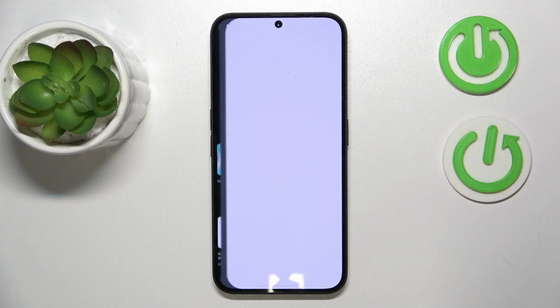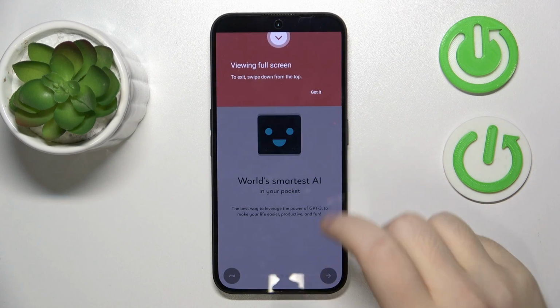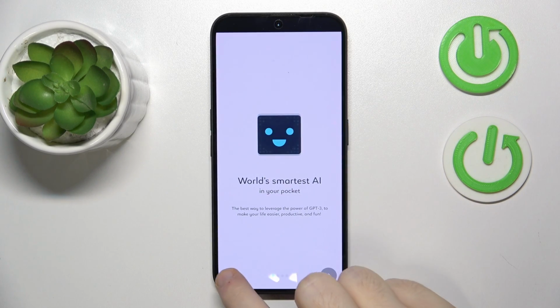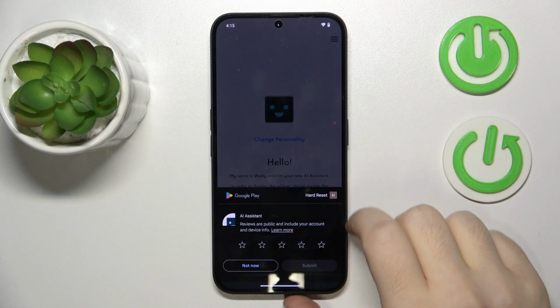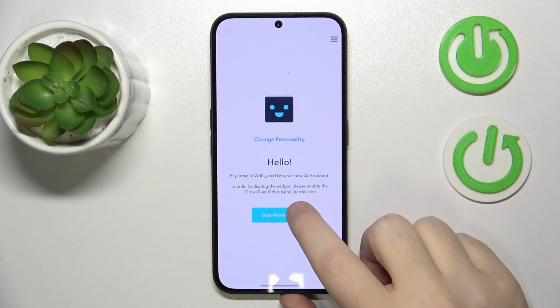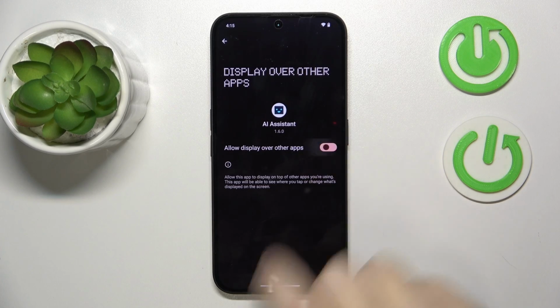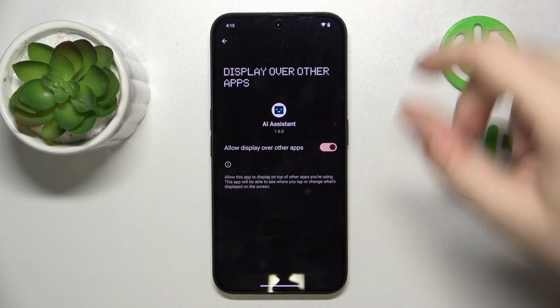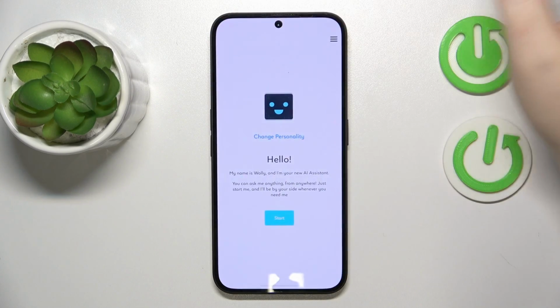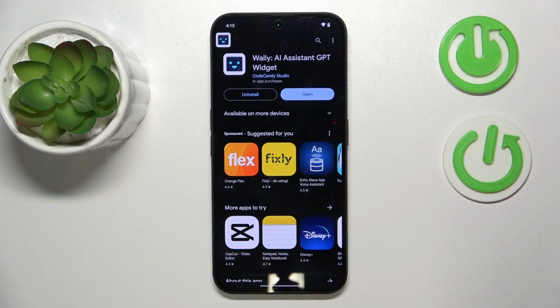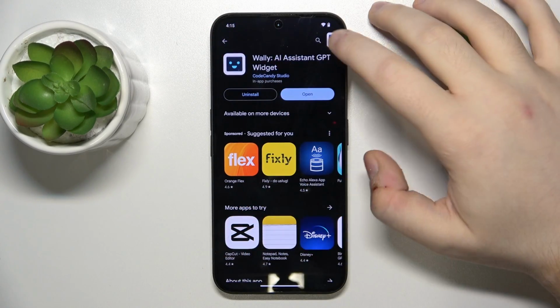Now you can click open, and now click got it, and then click this button to skip the introduction, and then click not now, and then click open permissions. Now click on AI assistant and then click here to allow this app to display over other apps, then click back and back again. Now select start, and as you can see, here is your ChatGPT widget,